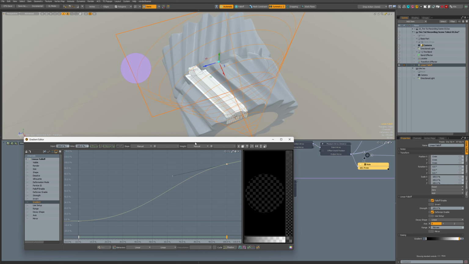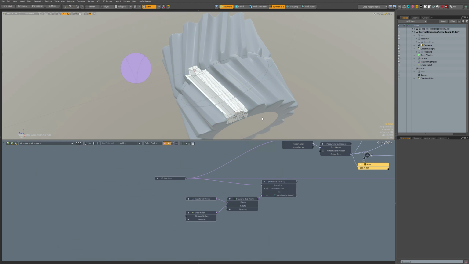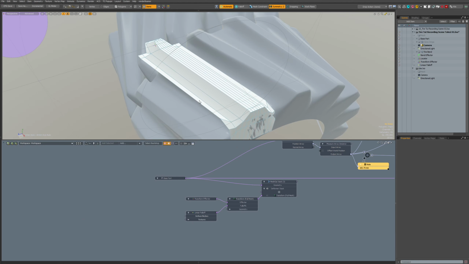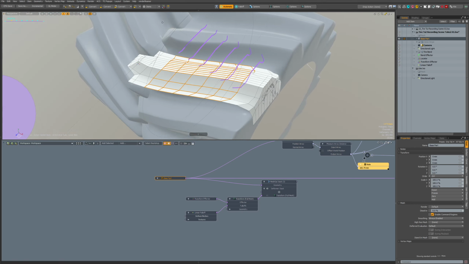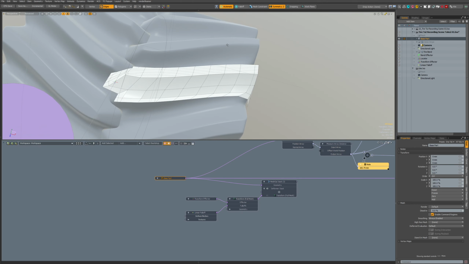Nothing very good, because there's not enough geometry here. So what we'd like to do is add some edge loops. So I can do it first like this, I'll edit this base mesh, but I'd rather do it